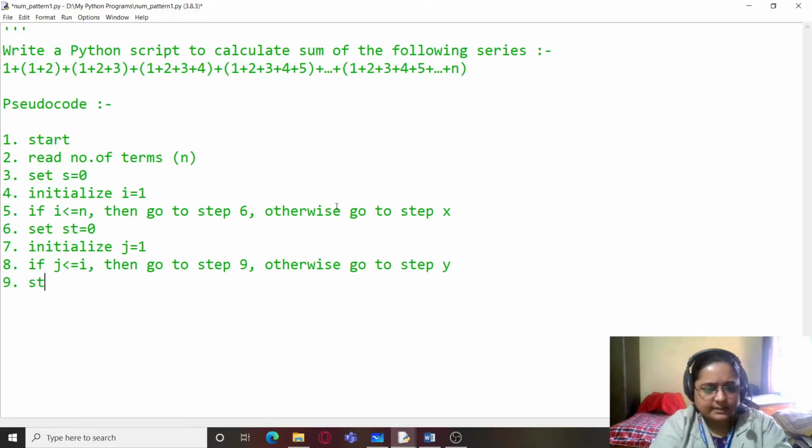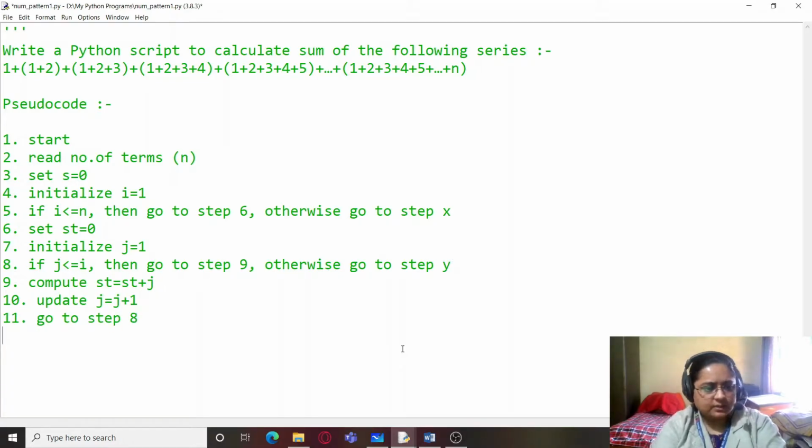So we compute st equals st plus j, which is the value starting from 1 to i. Step 10 will be the update expression: update j equals j plus 1. Then the next step would be go to step 8, which is the inner loop.